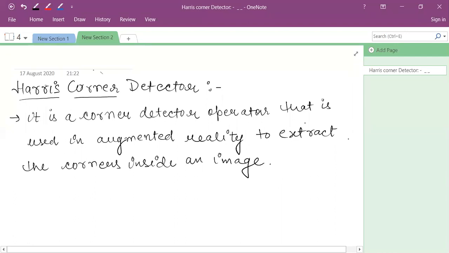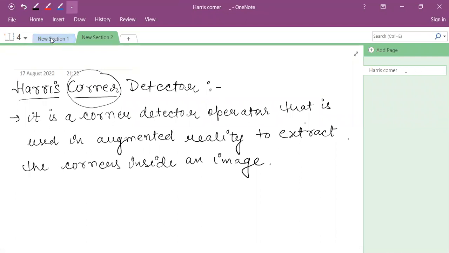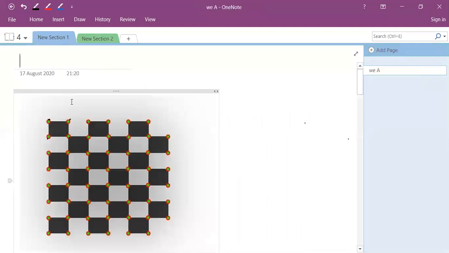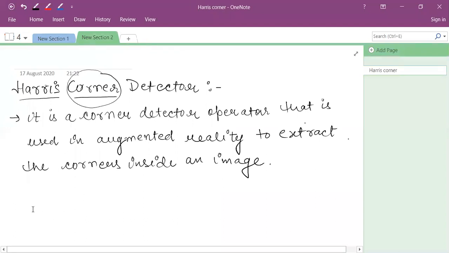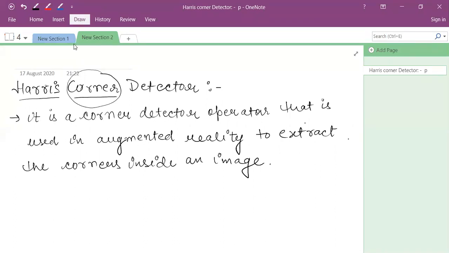So what is a corner basically? In the diagram, you can see the corner is this one, which is indicated by these green circles. But what is the basic definition of a corner? If someone asks you what a corner in the image is, how can you briefly introduce it? The technical definition is: a corner is a point whose local neighborhood stands in two dominant and different edge directions.